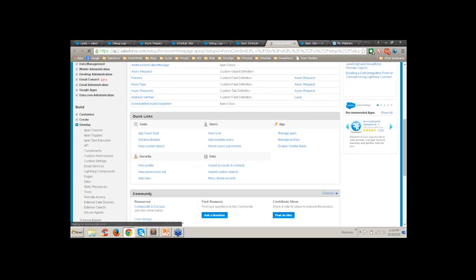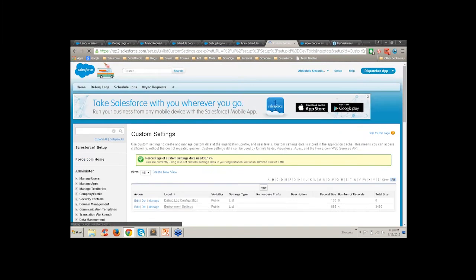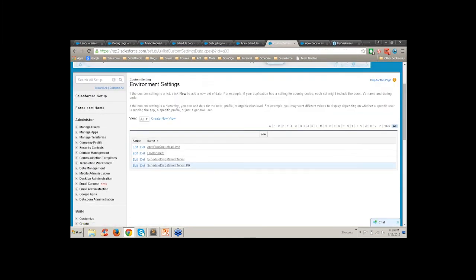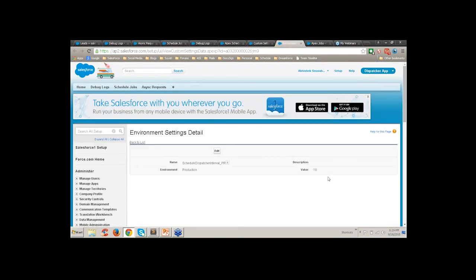It is under Develop, Custom Settings, and Environment Settings, Manage. So you can see that the dispatcher interval is set to 10 seconds. So the main dispatcher will schedule itself every 10 seconds. It will schedule, abort and reschedule itself every 10 seconds.